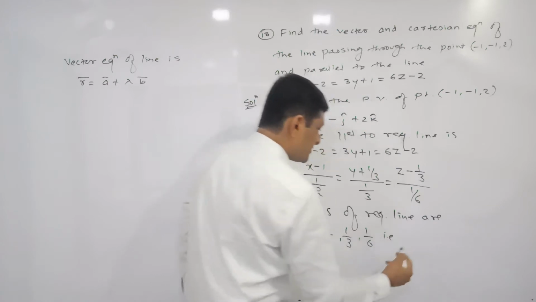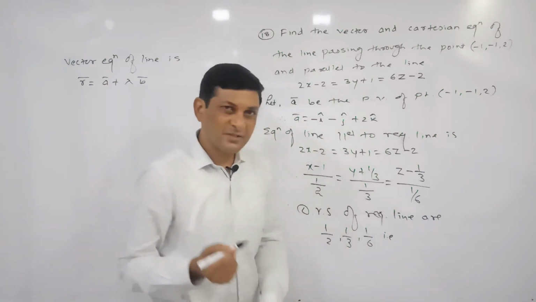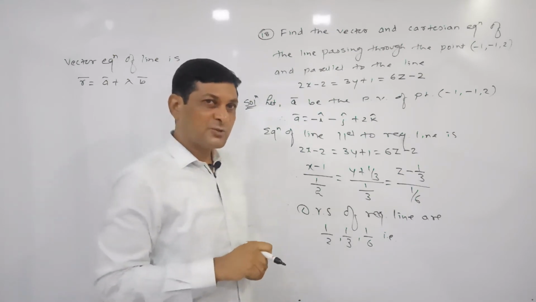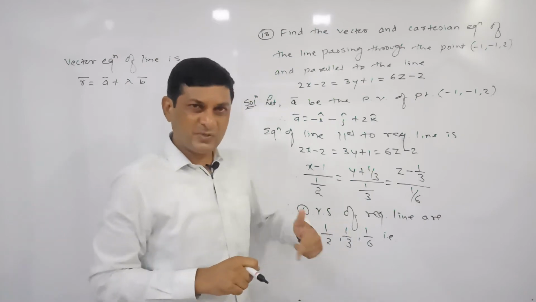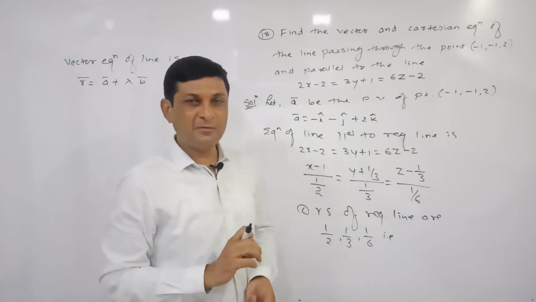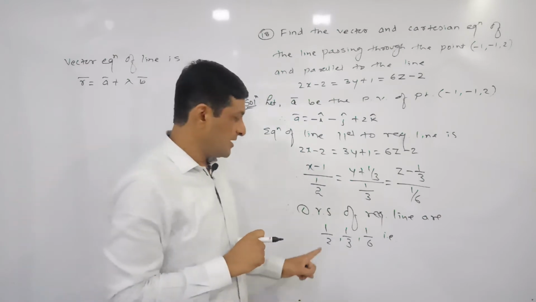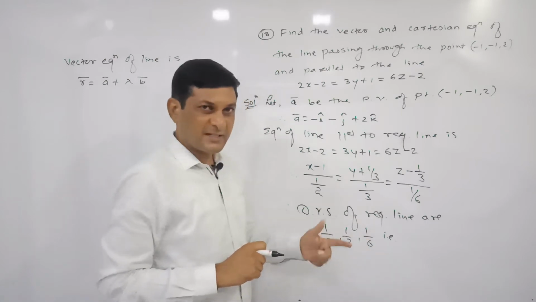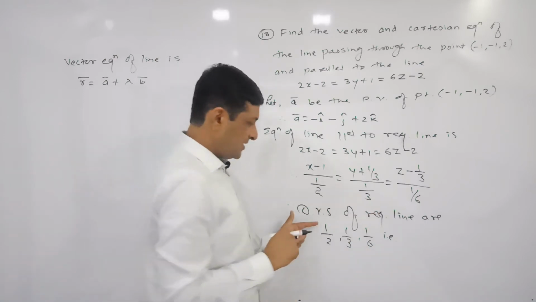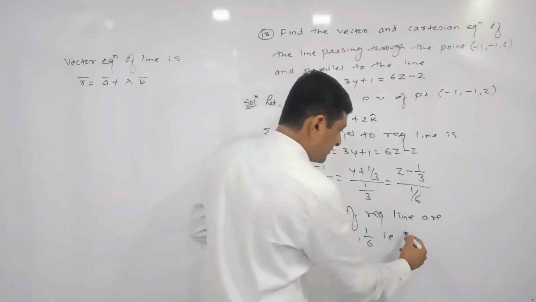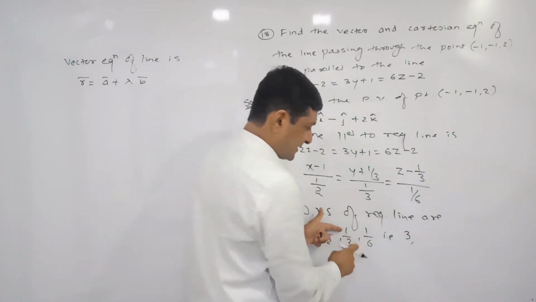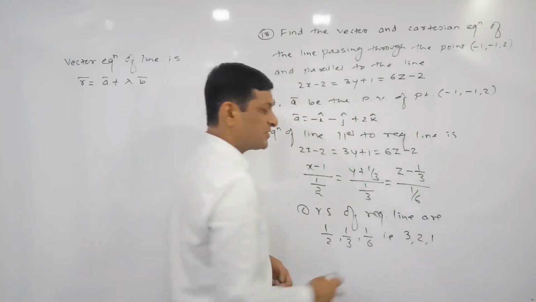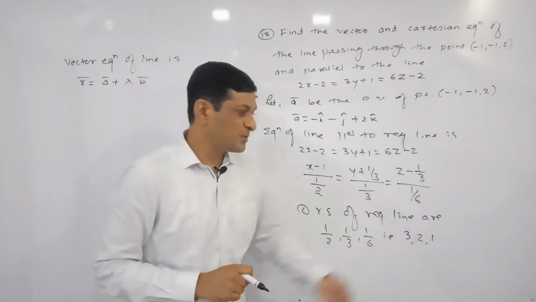If you observe, these direction ratios are in terms of fractions. To eliminate the fractions, multiply all the terms. Since these are ratios, we are able to divide or multiply them by any number. So multiply by the LCM of the denominators 2, 3 and 6. What is the LCM of the denominators? 6. So I am multiplying every term by 6. Multiplying here by 6, 6 upon 2 is equal to 3. Here 6 upon 3 is equal to 2. Multiply by 6, 6 upon 6 is equal to 1. So the result we have got is that our direction ratios are 3, 2, 1.